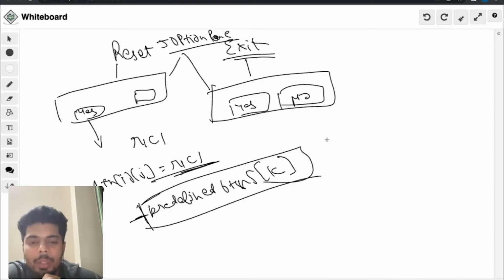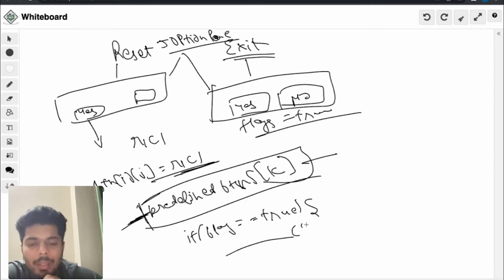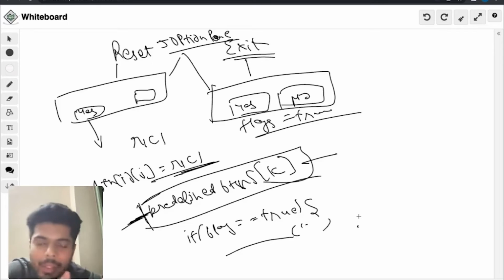If r1 c1 is not present, the flag, which is initially defined as true, stays true. After this predefined buttons check, we check if flag equals true. Is the value of flag still true? If yes, then we replace it with the blank string. That's it, a very simple logic, a very simple execution. That's how we're going to do the reset button.